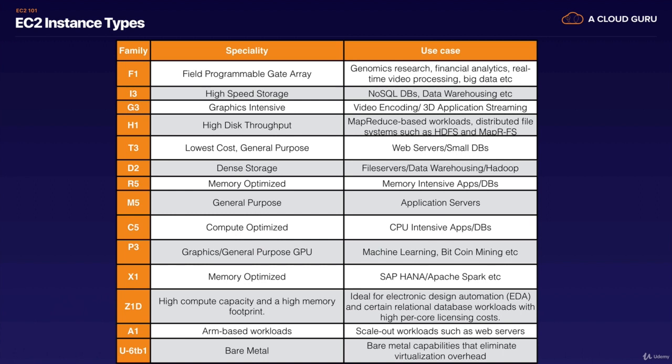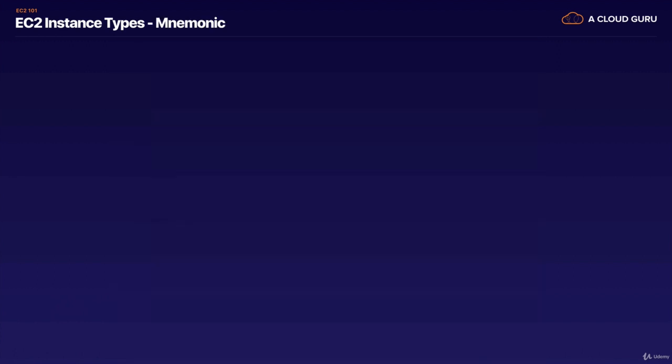So don't worry, you don't need to understand what each instance is and does for the Certified Solutions Architect Associate exam. When you do go on to do DevOps Pro or SA Pro, you will have to understand this a little bit better. It is good to learn it now, though, and to help you learn it, I've just made a mnemonic. There's been so many mnemonics over the years, but this year for the 2019 mnemonic, we've got F